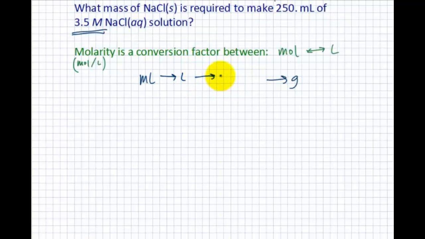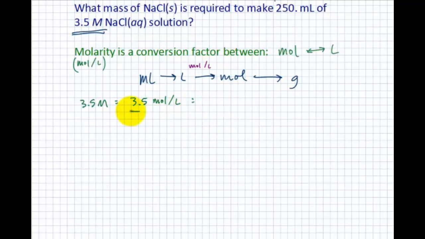Liters now can be converted into moles using the molarity, using your moles per liter as a conversion factor. In fact, I'm going to write moles per liter right there. And then we can use the molar mass to get that into grams. So anytime we're dissolving a solid like this, it's just a matter of unit conversion, going from the volume that we need ultimately into the mass of the solute. What is key here is to understand that 3.5 molar means 3.5 moles per liter,